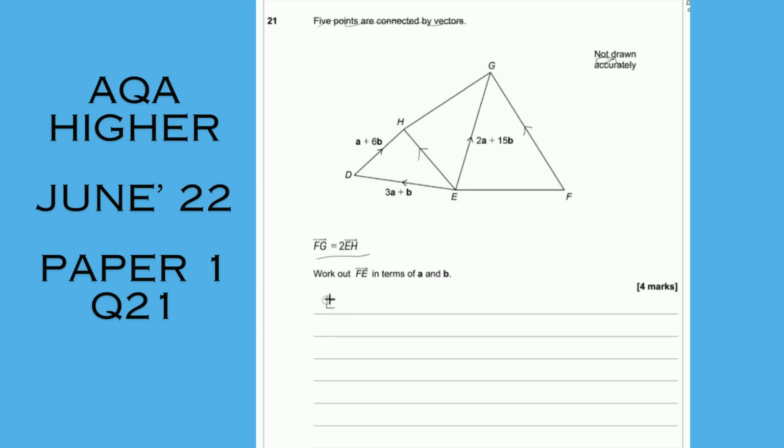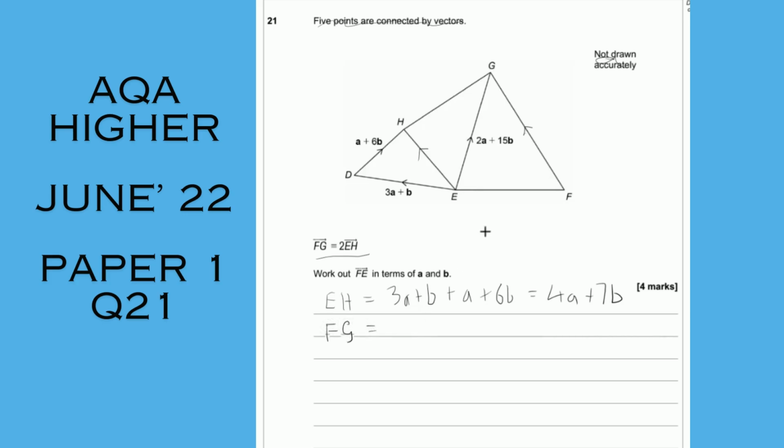Let's start worrying about how we get from E to H. So starting at E, we go along that vector, so no need to change any signs. And we go along that vector. So again, everything's positive. And for obvious reasons, let's simplify. Let's tidy that up, 7b. So we've just got E to H, which means we also have